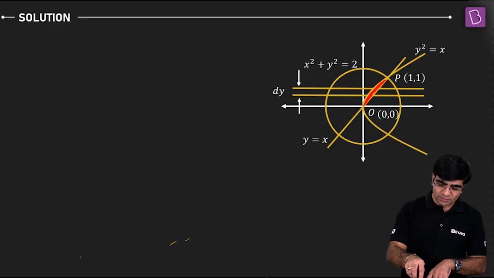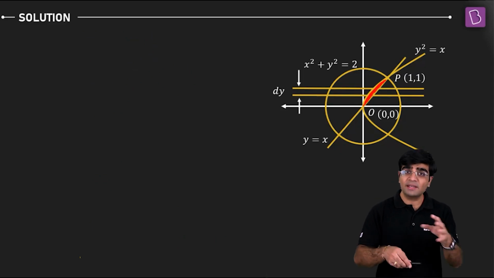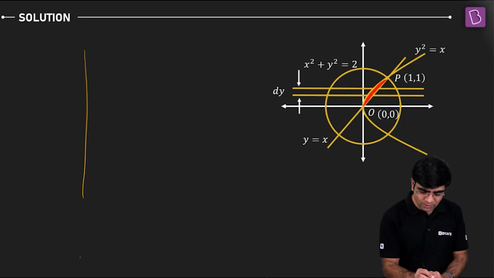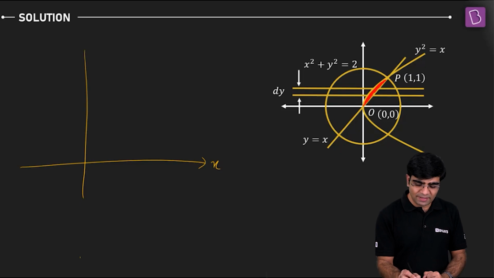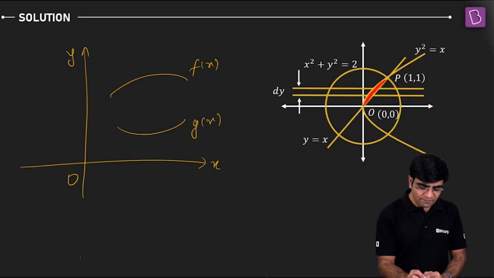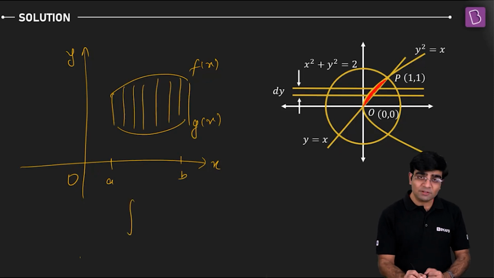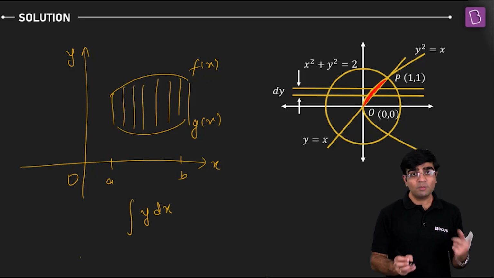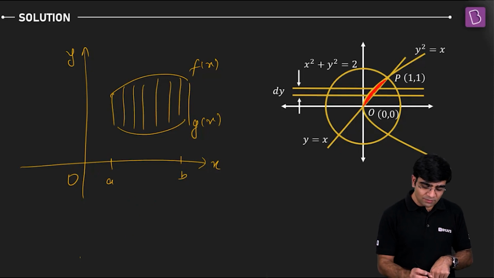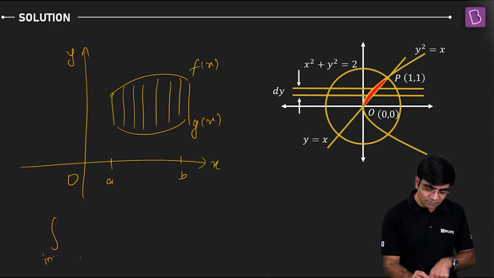Let me show you. See, you're understanding it, so I'm giving you some extra key takeaways also, which you have to keep in your mind. So let's say with respect to the x-axis, this is my situation. I have some f of x here, and this is some g of x here. And again, if I want to move from a to b, and find this bounded region, I know that the area with respect to the x-axis is nothing but y dx, right? So if I go for my formula, what was the formula? We need to have an initial limit,